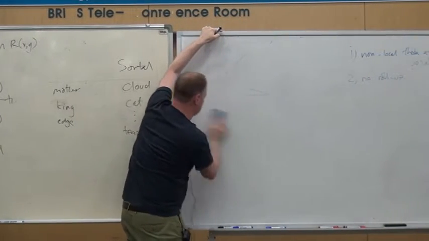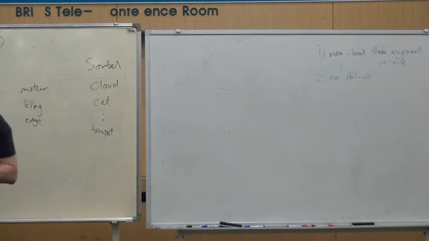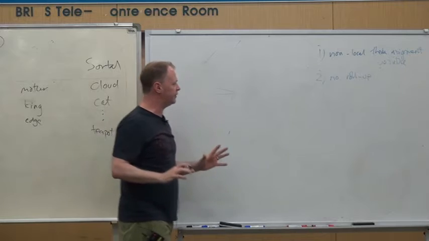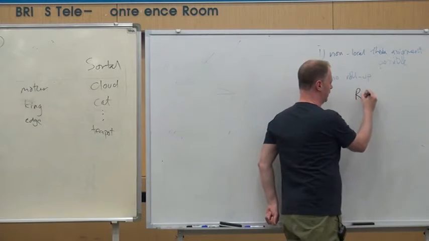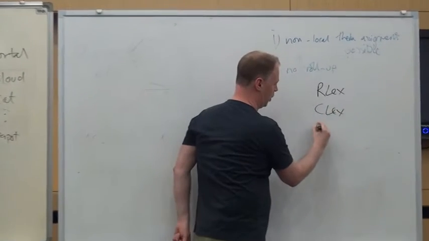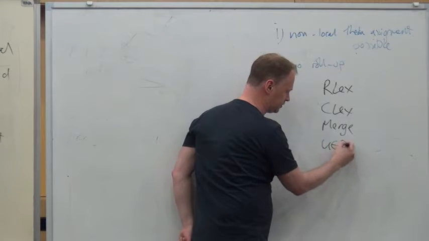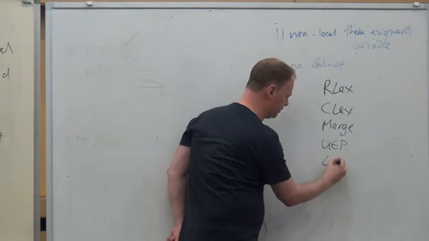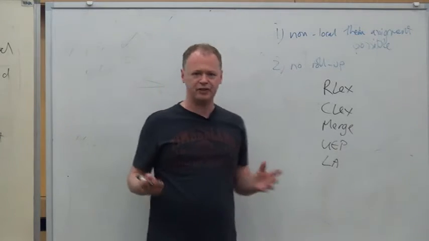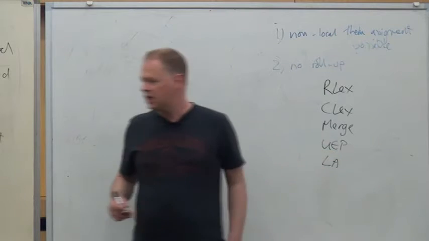So, if you remember, what we had yesterday is a system that has, well, I'll just write it up, lexical roots, lexical categories, merge, we have universal extended projections, we have a labeling algorithm, and we have roots for a particular language. We have rooted extended projections that we can derive from this.